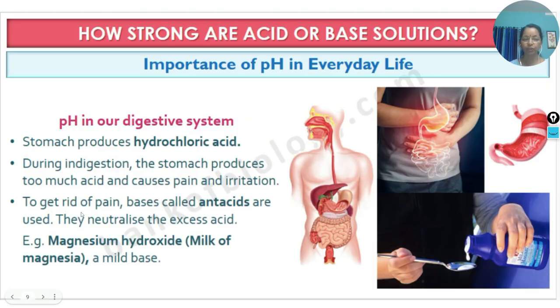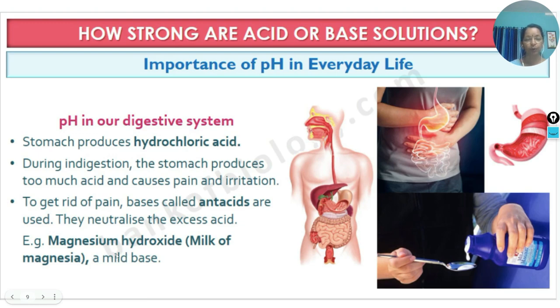So what we will do to get rid of the pain, we will take some antacids. What are antacids? They contain bases like magnesium hydroxide. We call it milk of magnesia. It's a mild base. What it is doing, it neutralizes the excess acid present in our stomach, giving relief to us. Okay, so this indigestion can be cured, or that burning sensation can be overcome by taking some